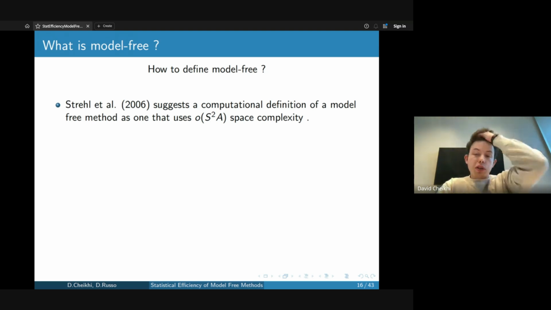This suggests a computational definition where, in the tabular case, like in an MDP with actions, they consider that a method is model-free if it uses significantly less space complexity than S squared A. S squared A is how much memory you would need to represent the full transition matrix in the tabular case. So they say, if you're asymptotically using less than that in space, then you cannot be storing the whole model, so we're going to say you're model-free. This doesn't capture a nice computational